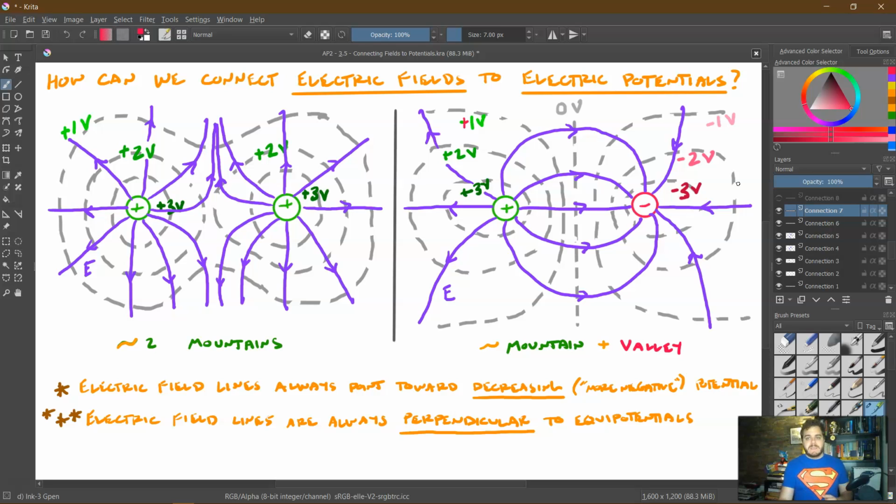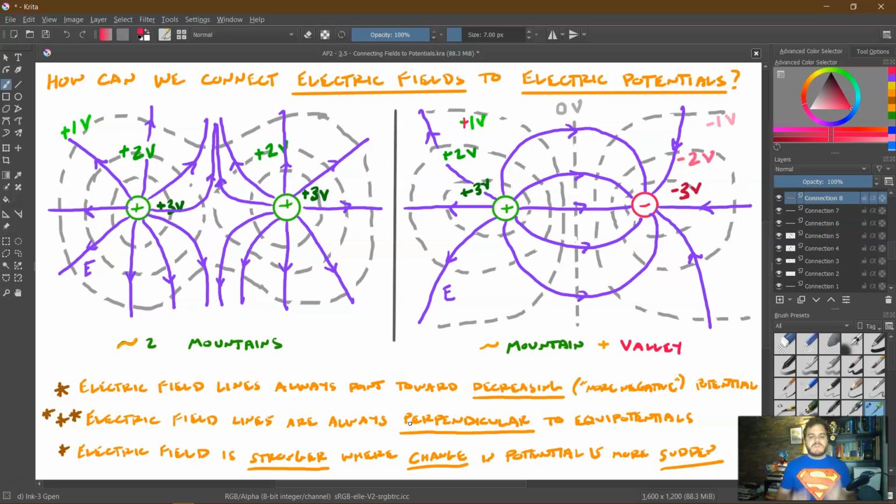accurate. And lastly, electric field is stronger where the change in potential is more, for lack of a better word, sudden, where it happens over a smaller amount of space. So for instance, let's look at this region here. Let's call this region right here region 1, and we'll call this region out here region 2. Well, if I look at the two of these, if we look at the electric field lines, we know for a fact that the electric field is stronger here because these electric field lines are more dense here than at 2. And if I look at the electric potentials, we see that the isopotential lines are more dense here than they are here, which means that there is a greater change in electric potential here than there is